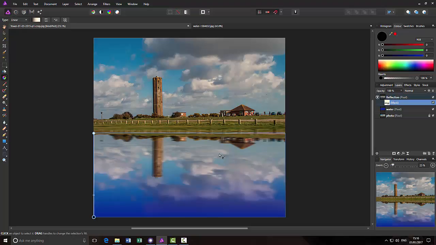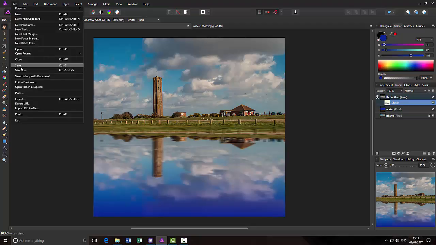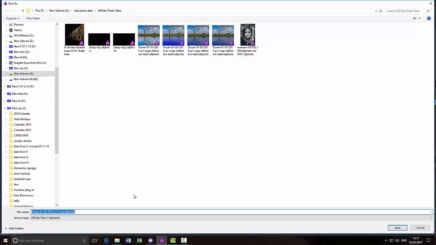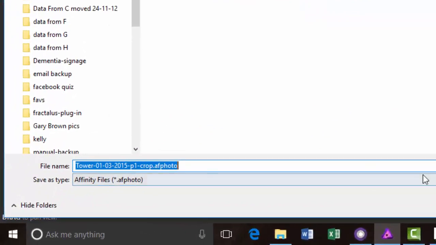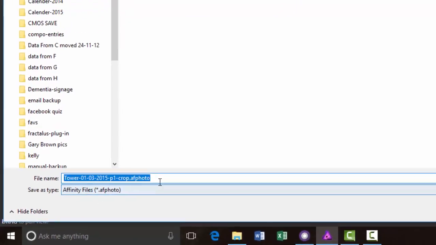So that is the gradient tool, and now this is the point where we come up to the two versions of how to add ripples to this water image. Now I'll just come off this tool, come up to the hand tool. So at this point I would say to you to save where we are up to. So you can come to File, Save As, and then save it as an Affinity file, which is AF photo file,